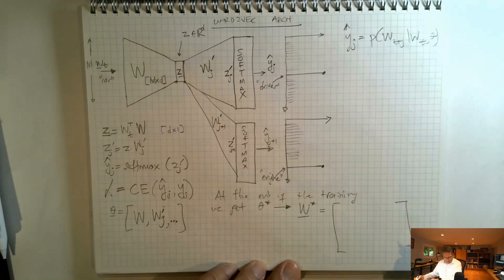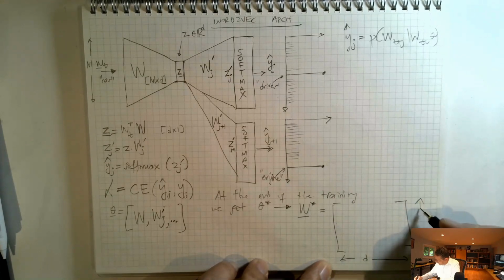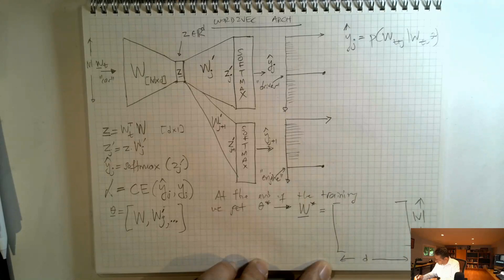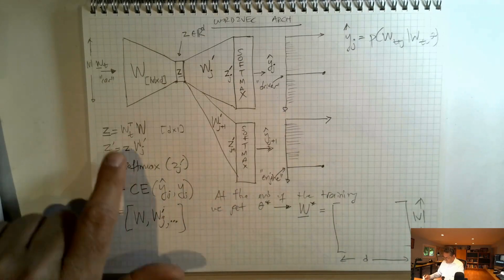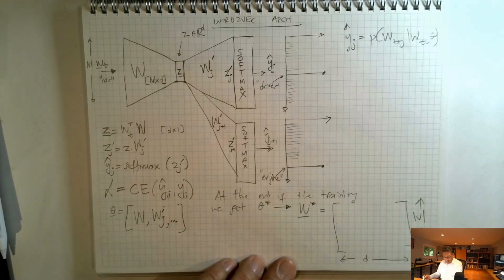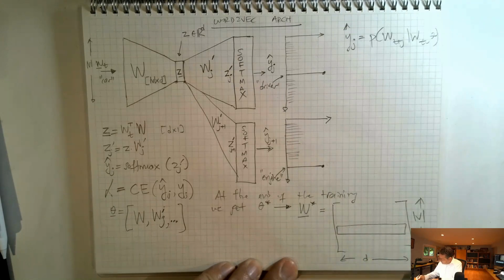So W will have D columns and will have V rows. As you understand, these are the dimensions of W to make the Z D-dimensional. And therefore, the moment we have a token ID, we can look up this W matrix as a lookup table to retrieve